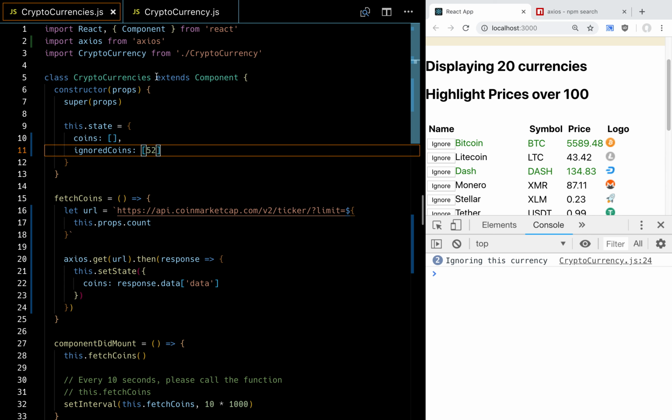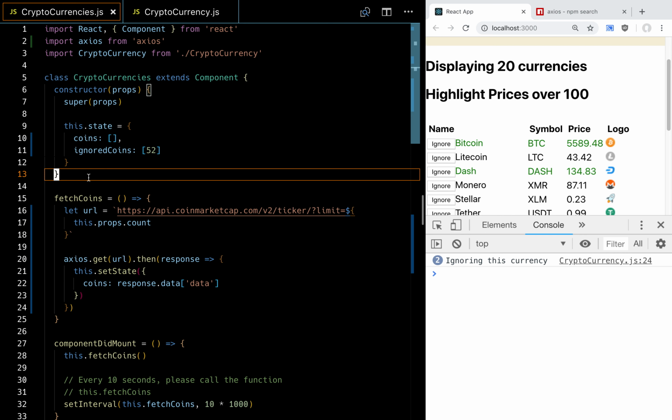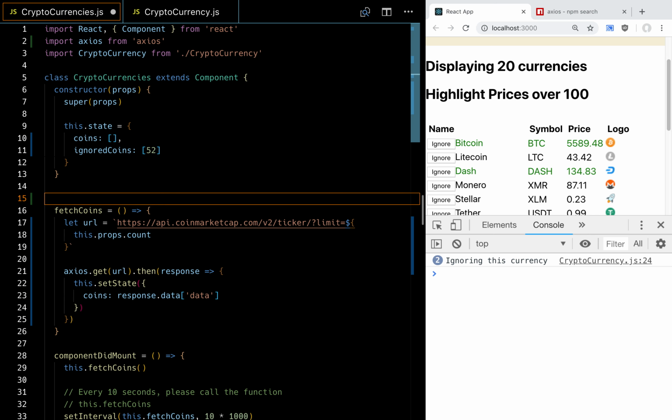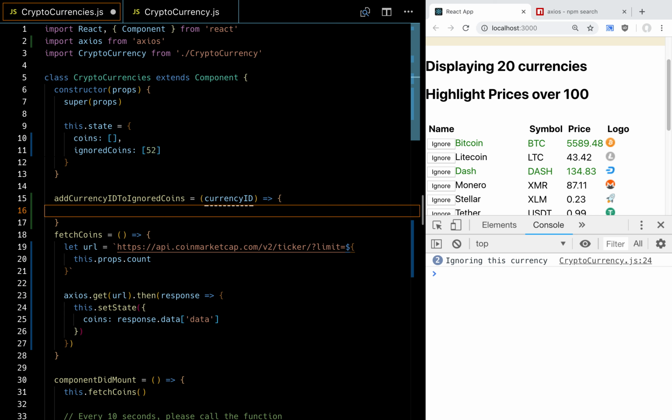What if I had a function up here called add currency ID to ignored coins? And it took the currency ID and it added